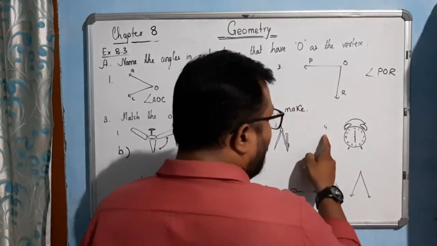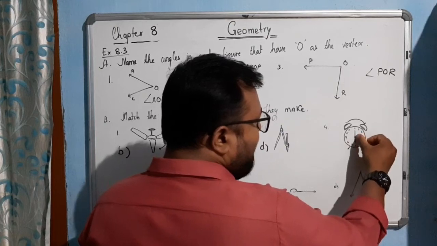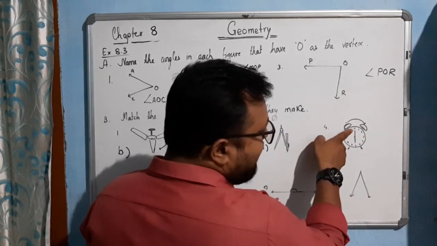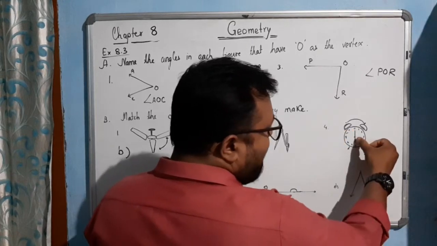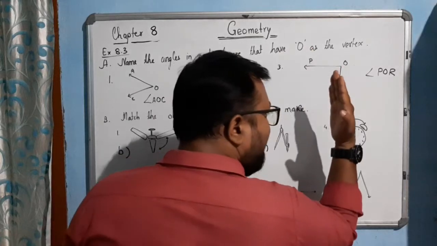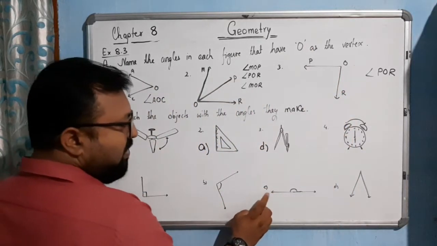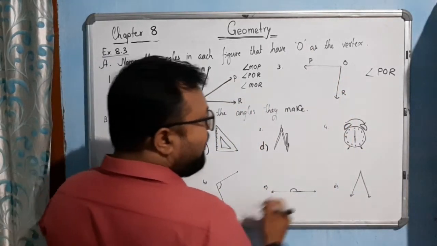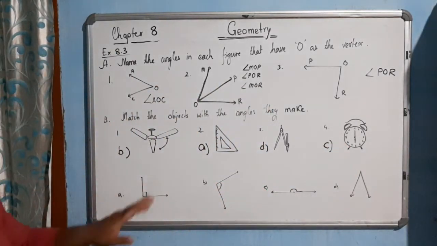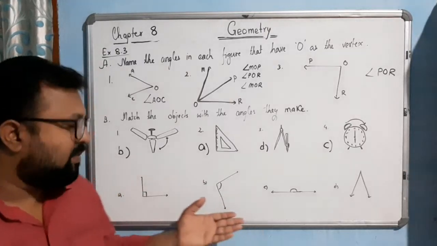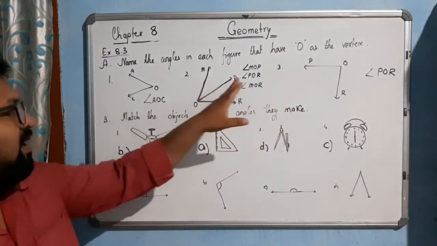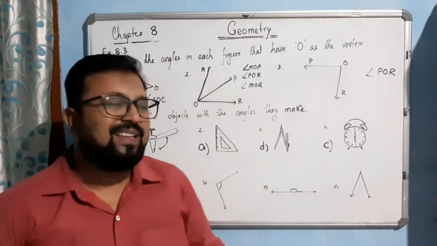Now for 4, we are talking about the hands of the clock. See, the minute hand is in 12 and the hour hand is in 6. So it creates a straight angle, no? Straight. So it resembles C, straight angle C. So here it will be C. So I hope you have understood this one very easily. See, because my board is small, I don't have any space to write. So I have written here. Sorry for the inconvenience.